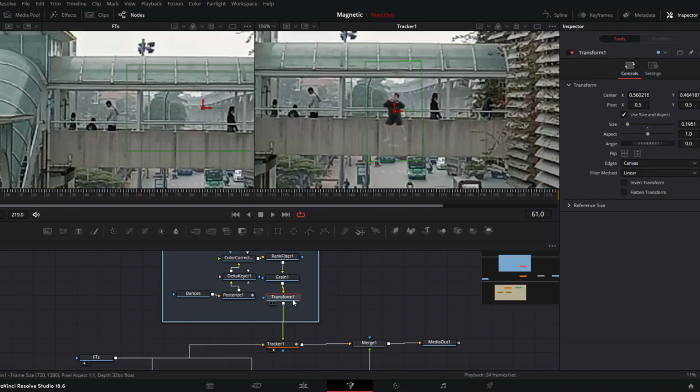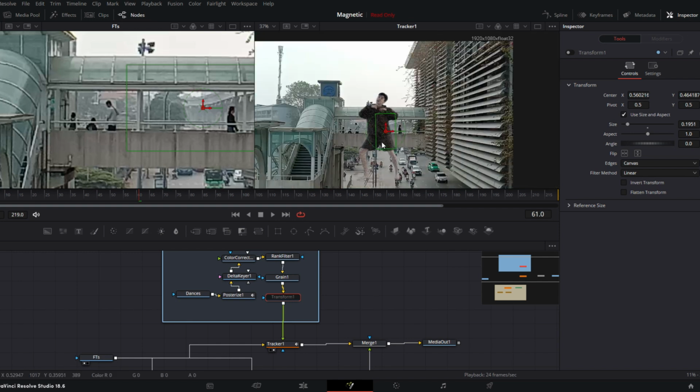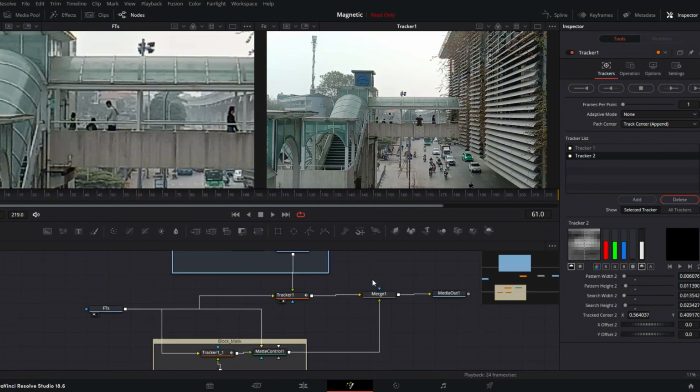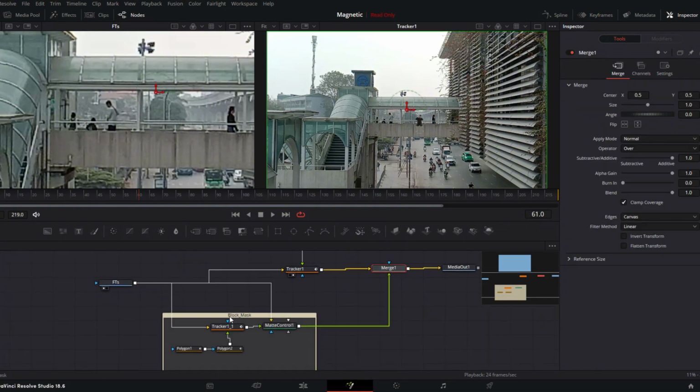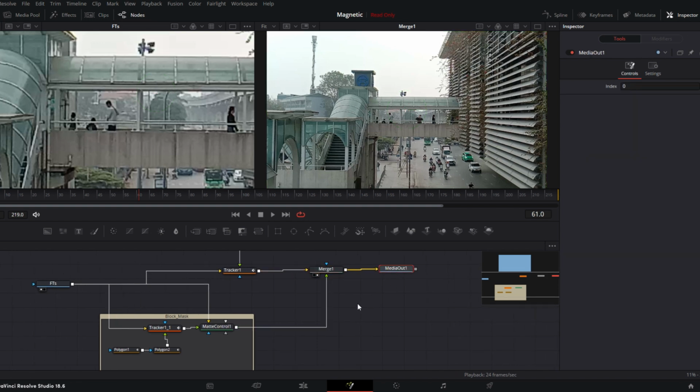And then I use the Transform node to rescale and reposition myself to where I want the character to be. Finally, I put the concrete block on top of that to block my leg, like I said previously. And that's it. Enjoy the horizontal version of my video.